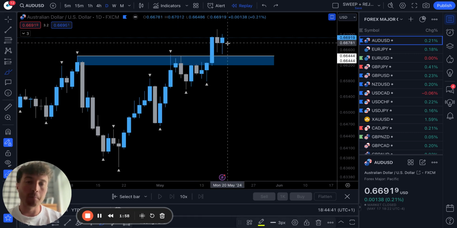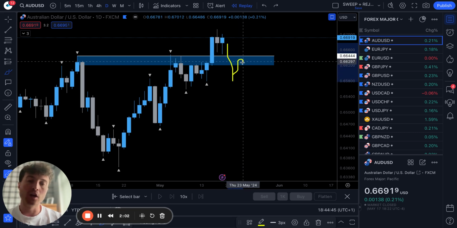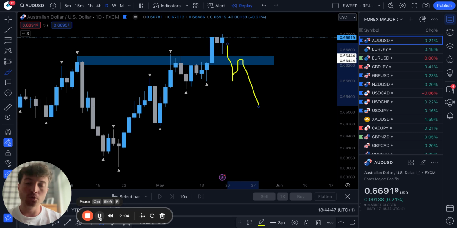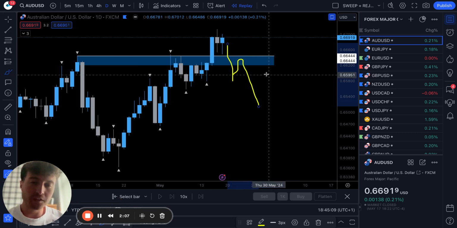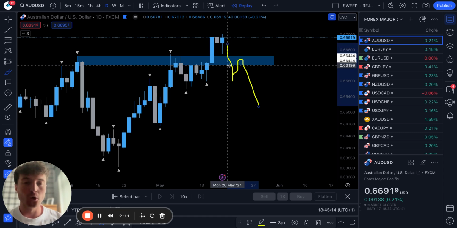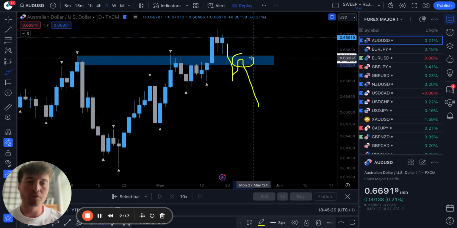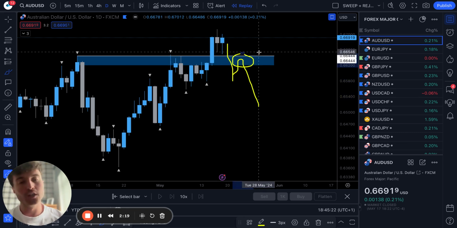I want to see price come back below this level, close below on the daily, and then we can look to trade that back to the downside. So once we see that, or at least if we see on the daily closes below 0.66200, below that area, we can look for a trade off of this level, and that essentially allows us to